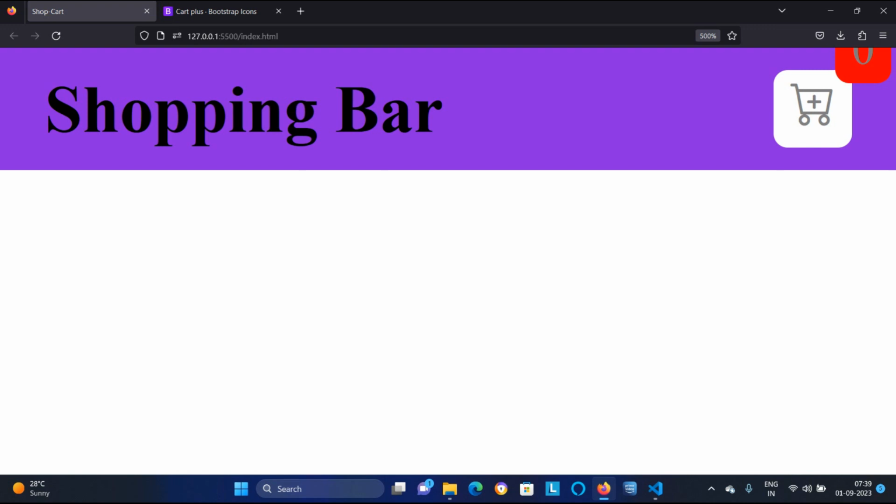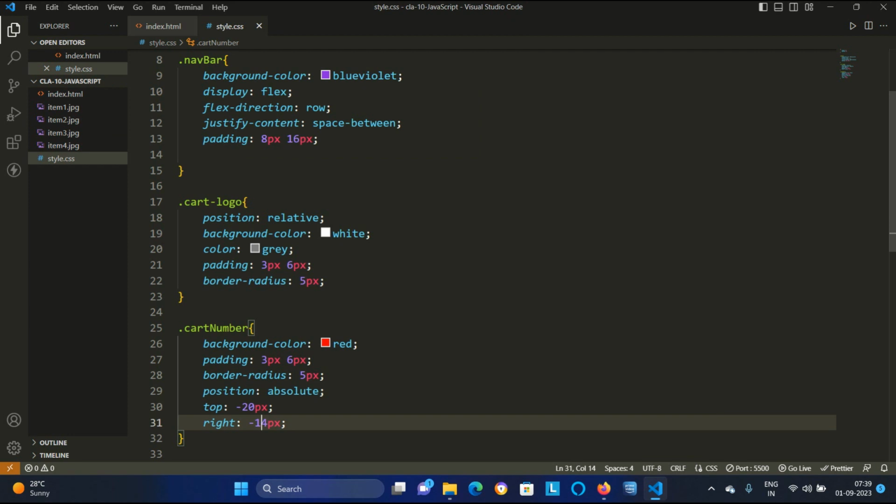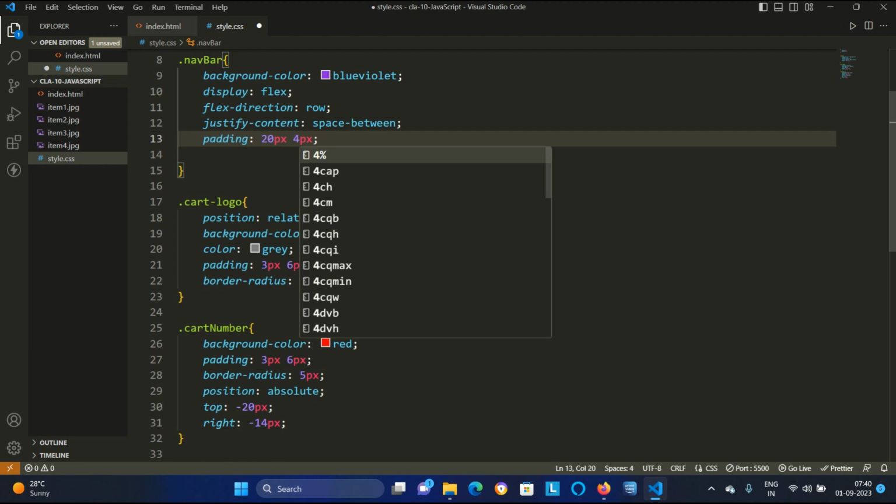It should come in this way, but this 0 is hiding right now. So what will I do, I will go here and increase the padding. Here I will say suppose 20 pixel, 1 pixel only, 20 pixel and 40 pixel. I think from top and bottom it should come.